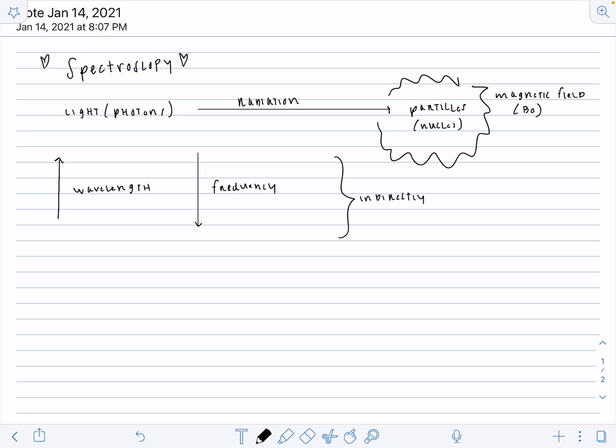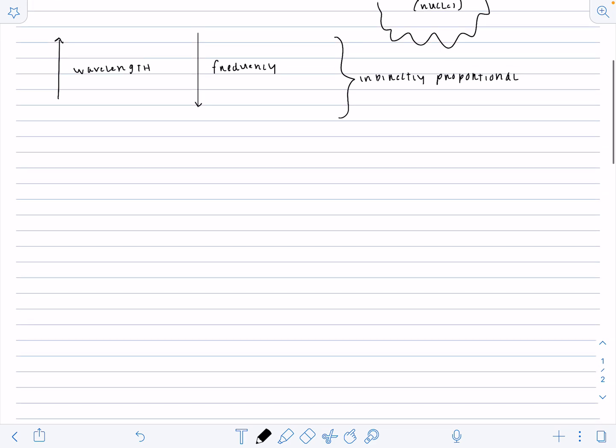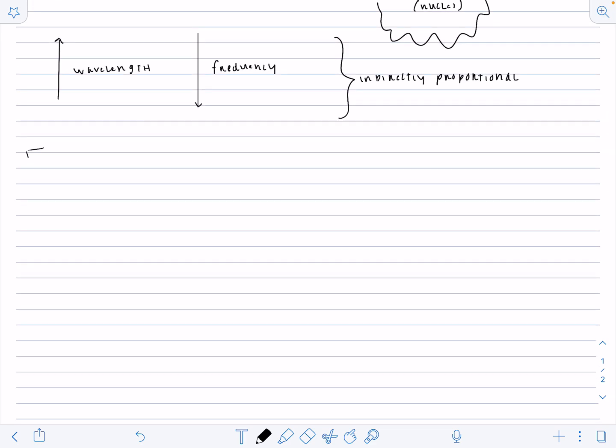You already know half of physics. Not really, but anyways, if you know that these are inversely proportional, then you can also know that if one of them's going up, one of them's going down, vice versa. But our main thing that we care to compare involving a spectrometer is frequency,